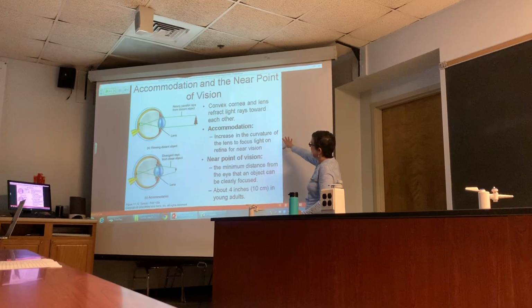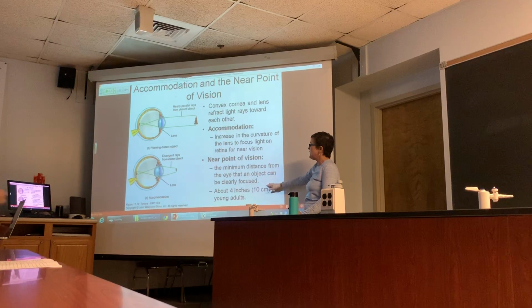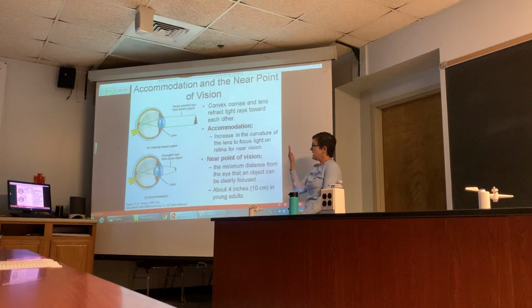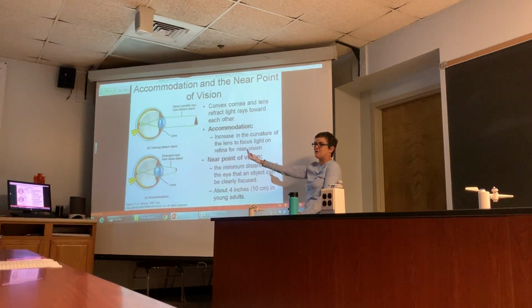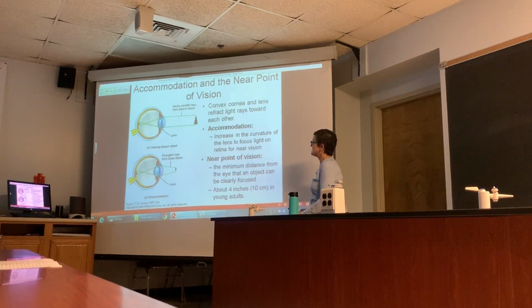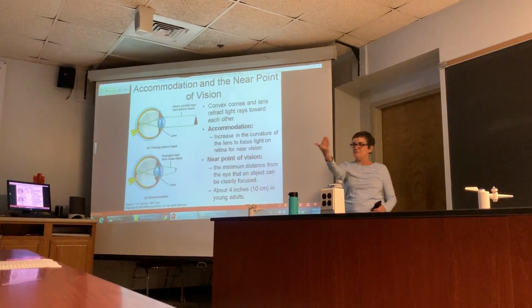So accommodation is the increase in curvature to focus on near vision, and the near point of vision is the minimum distance you can focus on something up close, which for young adults is usually about 4 inches. But as you age, that minimum distance gets further and further away. That's why people have to hold the books away. We'll talk about why that is next time, why your near point of vision changes as you